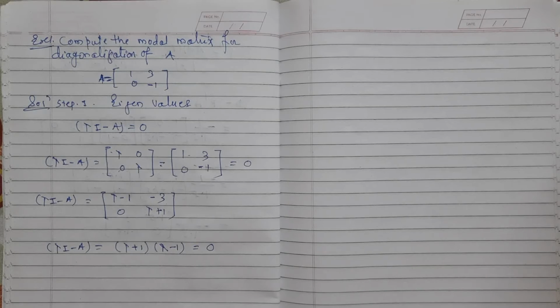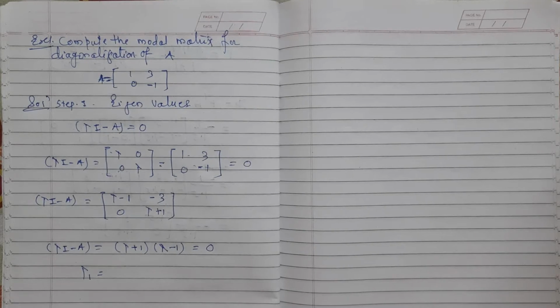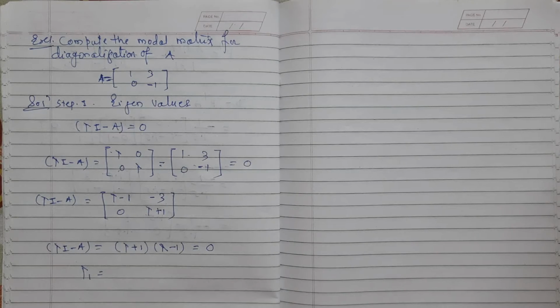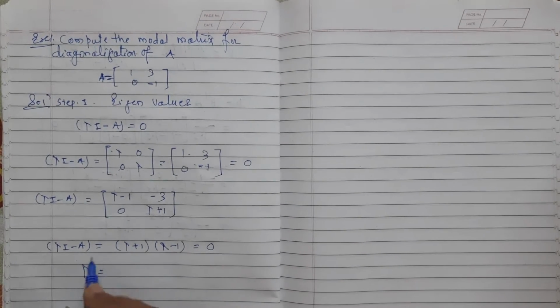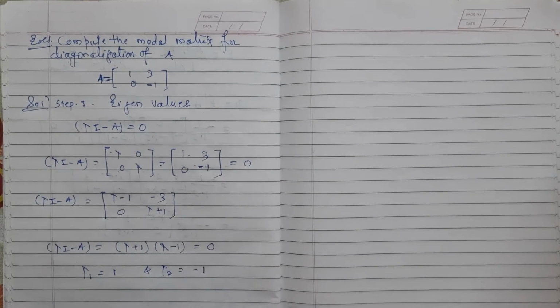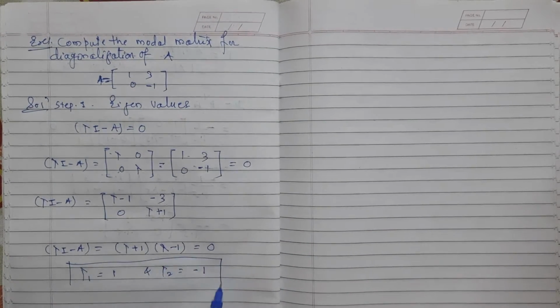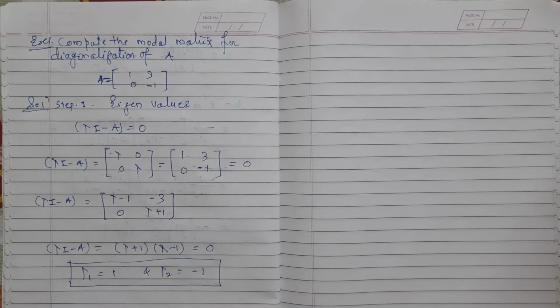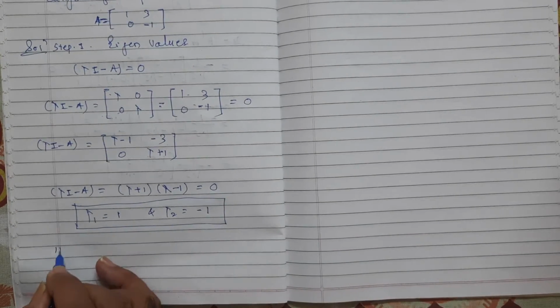Now we have lambda plus 1 and lambda minus 1, so we will consider lambda 1 equal to 1 and lambda 2 equal to minus 1. So these are my eigenvalues. Now in the second step,